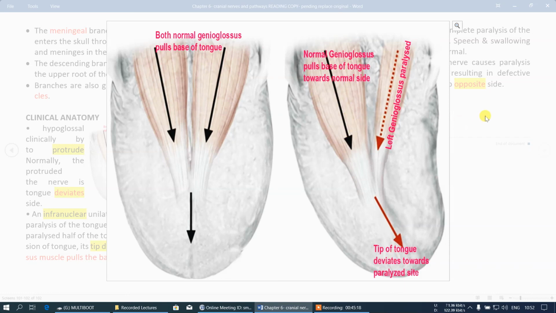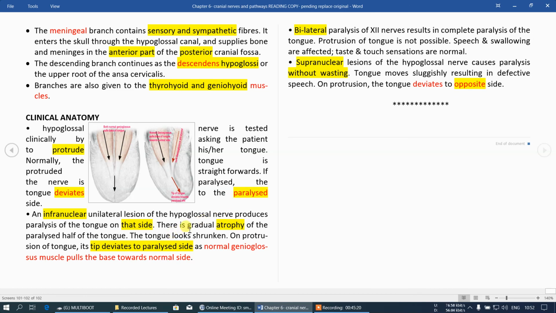Okay. In case of upper half of nucleus palsy, that is both ipsilateral and contralateral palsy, there is total nerve palsy. So there is gradual atrophy of the tongue muscles. All the muscles of the tongue are paralyzed. So in upper motor neuron lesion, you always know there is atrophy of the tongue. So all the muscles are atrophied. But in case of lower motor neuron palsy, only peripheral nerve palsy, the tone of the muscle will be intact. Okay.